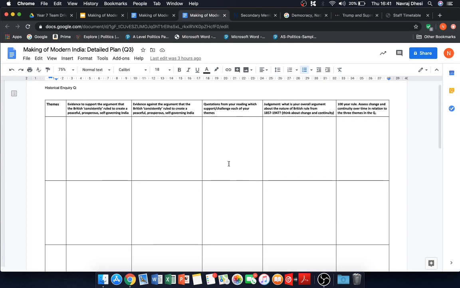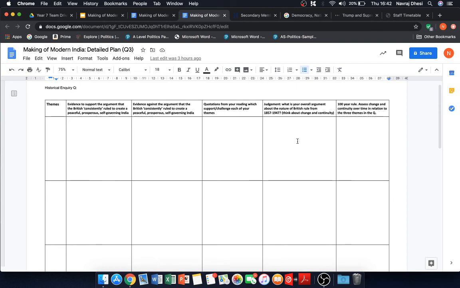You'll be looking at quotations from your readings to support and challenge each of the themes, or your argument for each of the themes, and then you'll be coming to a judgment. So what is your overall argument about the nature of British rule from 1857 to 1947? And it's really, really important that you think about change and continuity here, because you may be able to contextualize